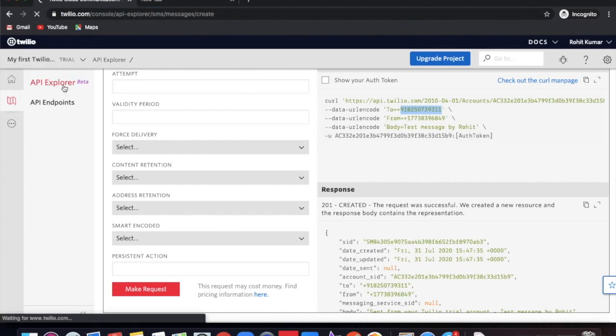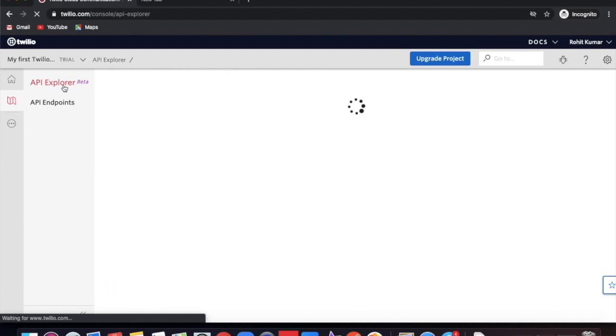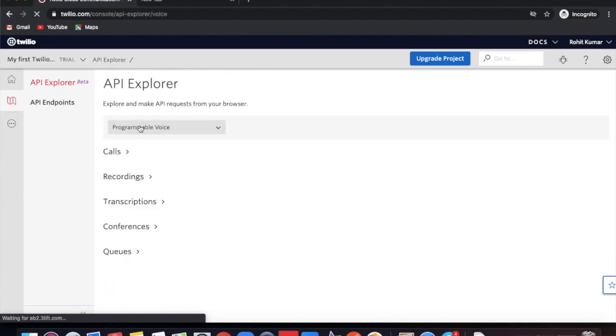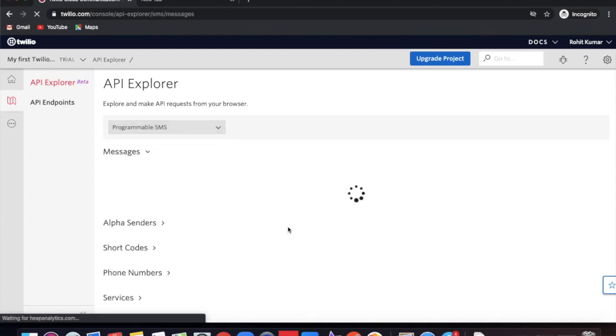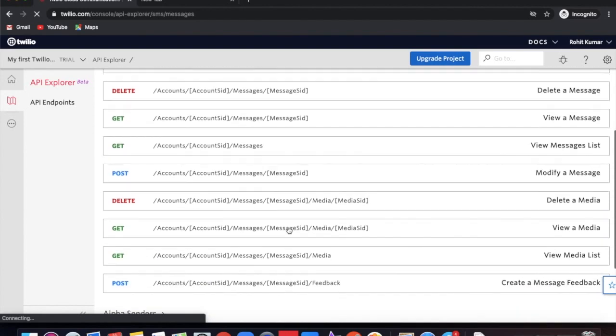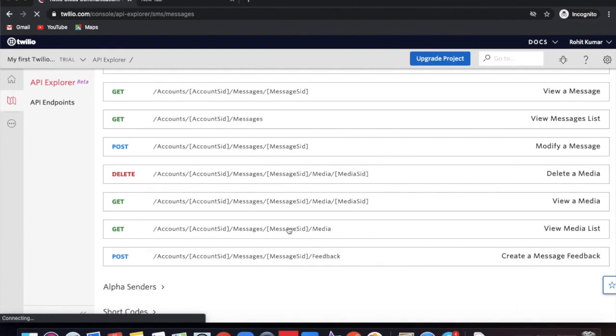You can use the API Explorer to get more options. Like there are voice options, you can call from Twilio. There is an SMS option here, you can send SMS. And you can get all these SMS details that you triggered right now.